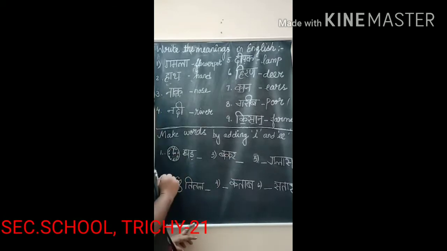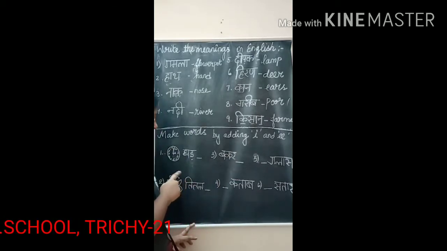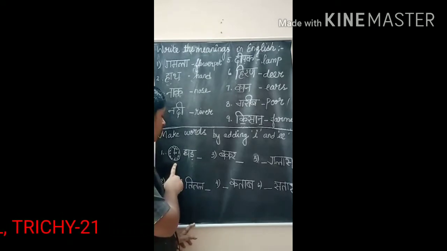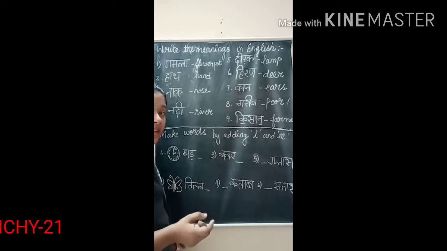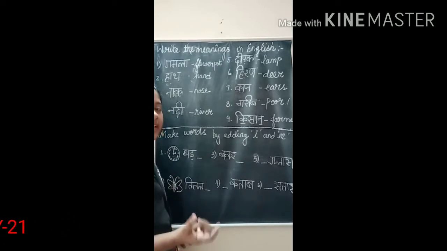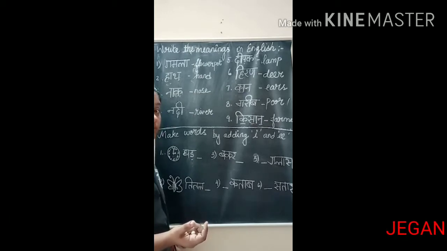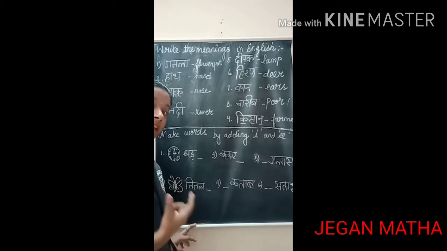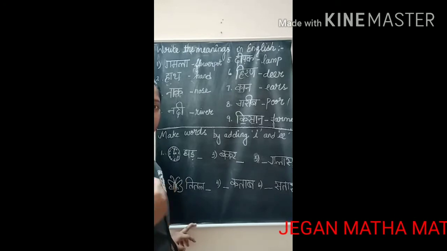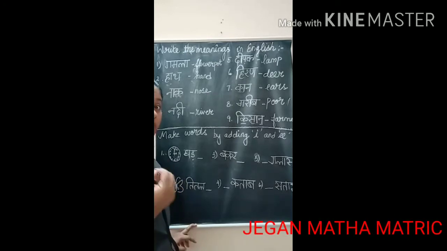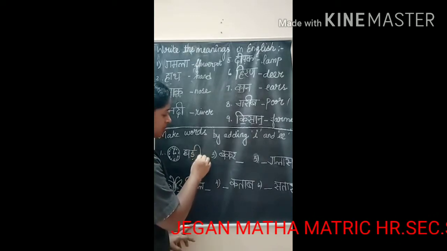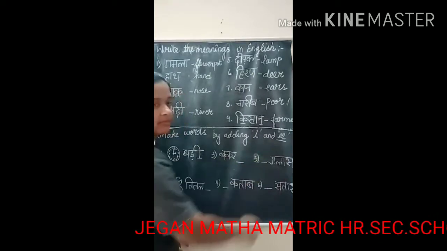So the first word is Ghadi. This is a picture of a clock, and we call a clock in Hindi Ghadi. Ghadi. So while pronouncing it itself, we can find which symbol we need to use here. Ghadi. Ghadi. At the end you can hear the sound of E. So which symbol will come? The symbol of E will come.